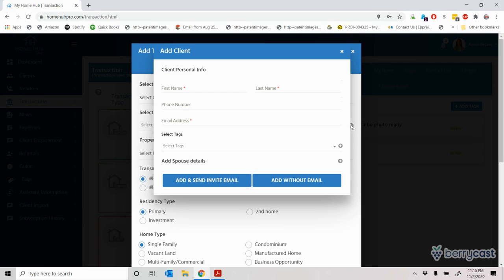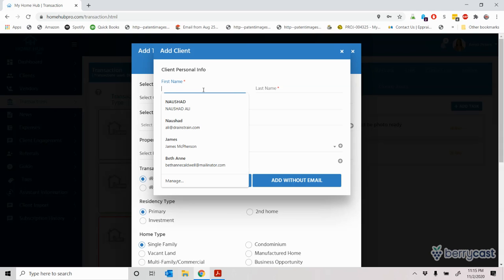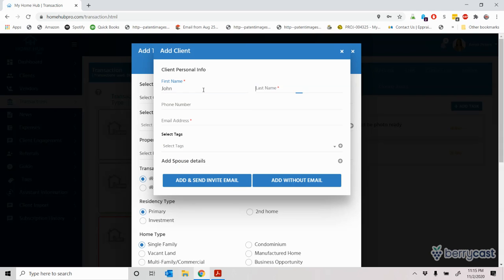You will press the plus button and it will open up a pop-up that will allow you to add the new client. I highly suggest you fill in as much information as you can, because this will allow you to be more relevant in your communication in the future, as well as during the transaction. So to add a client, you will simply add their first name, their last name, their phone number, and their email address. The phone number is not required. However, the email address is if you want to communicate with them through the transaction. So you will put in an email address,